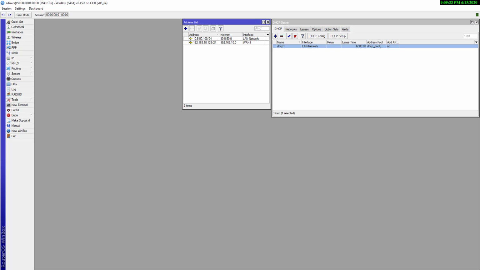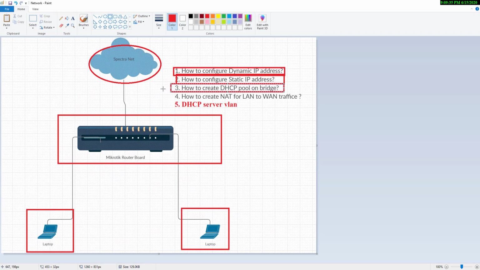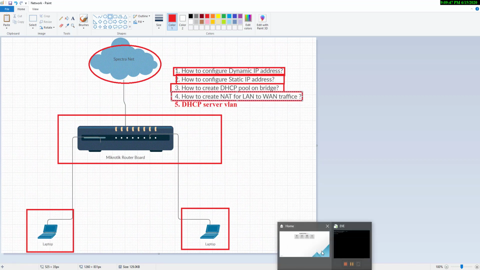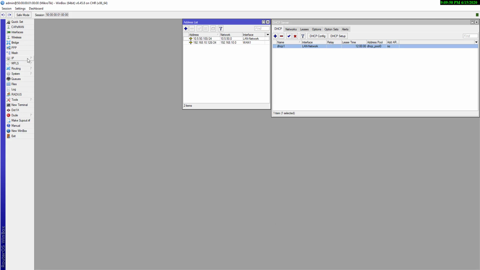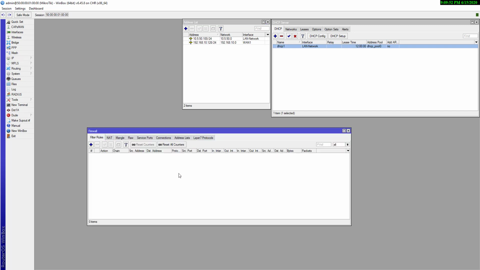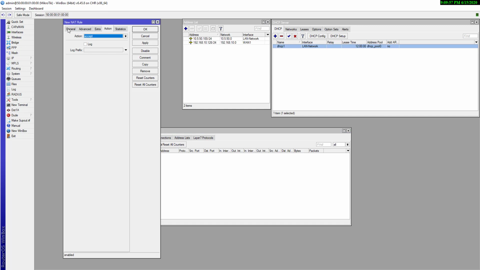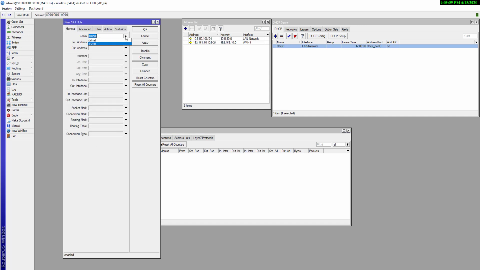Now we have done our third task, so now I am going to do our fourth task. So how to create NAT for LAN to WAN interface, LAN to WAN traffic. So let's go to IP and firewall, and in NAT here you have to add, and here you have to select source NAT, and source IP will be our LAN IP 10.5.50.0/24.